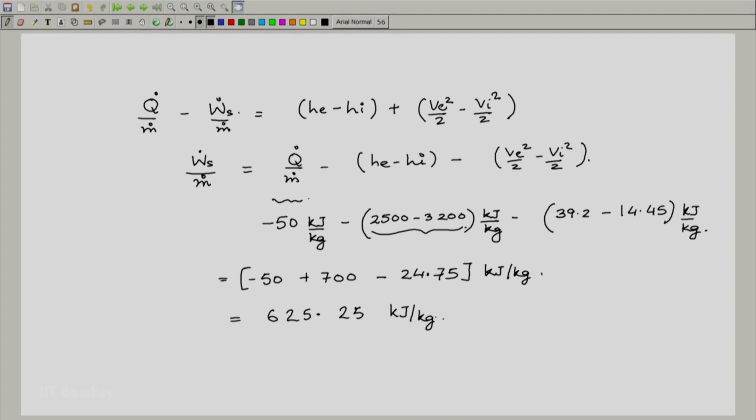Here we have neglected the potential energy term, but we have included the kinetic energy term specifically because they were reasonably big. Any velocity above 100 meters per second will lead to reasonably significant kinetic energy terms, and the Q dot was also not negligible. There was a heat loss of 50 kilojoule per kg, which was a reasonably high number. So we have now considered a slightly more general problem. Of course, in normal turbines you will not see such high velocities at inlet and exit, but it is worthwhile to consider if such a case exists and ensure that we do not neglect terms which cannot be neglected. So, next we will consider a slightly more generic problem. That is it for now. Thank you.